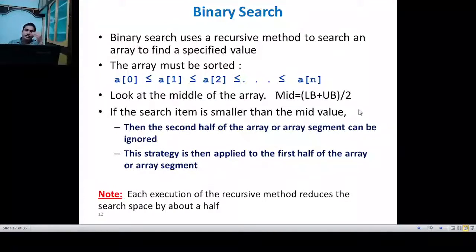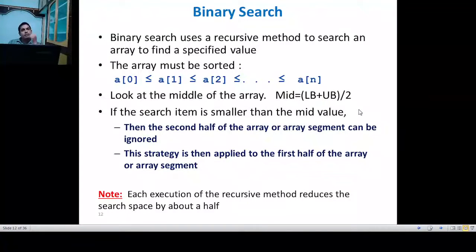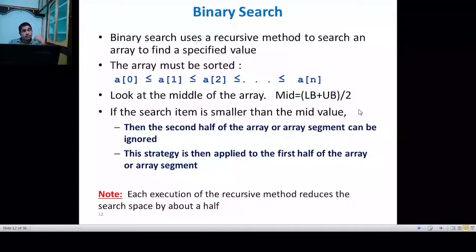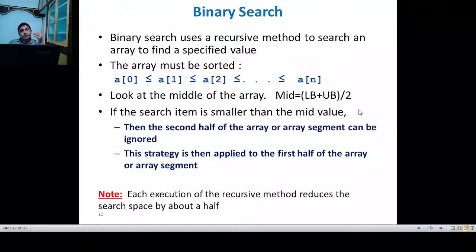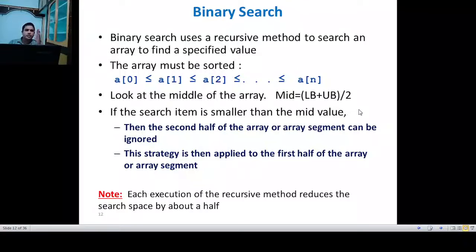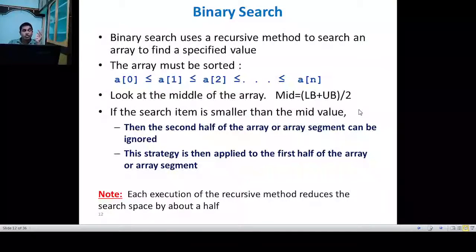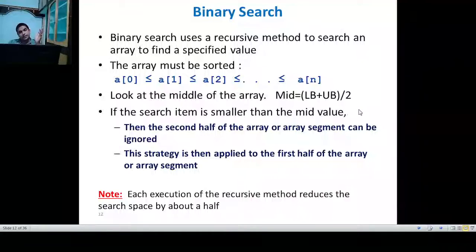At every step you are dividing the array into two parts, leaving one part and searching the item in the other part. That's why the number of comparisons is also less in binary search. Binary search is more efficient than linear search, but in binary search the elements need to be in sorted order, right? So this is the difference between linear search and binary search.